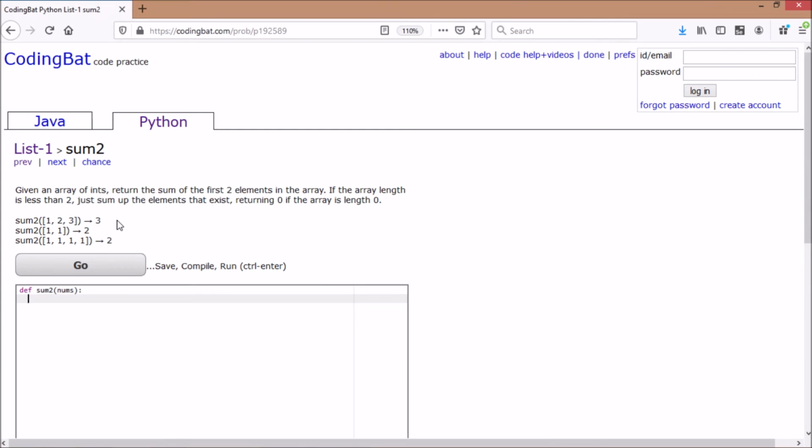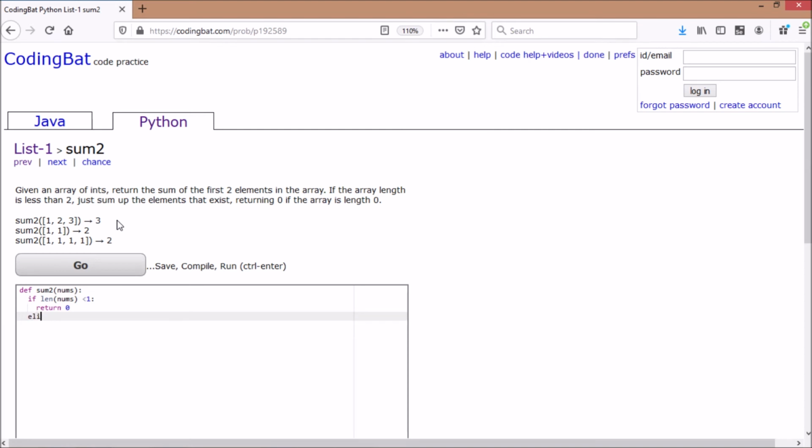Given an array of integers, return the sum of first 2 elements of the array. If the array length is less than 2, then just sum up what exists and return 0 if the length is 0. Okay, so they did not define the length in here. We can definitely take the length into consideration. If length is less than 1, then return 0.